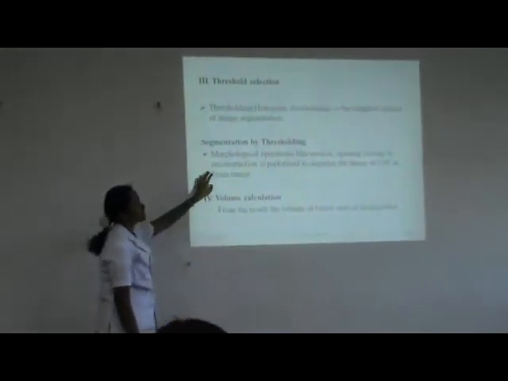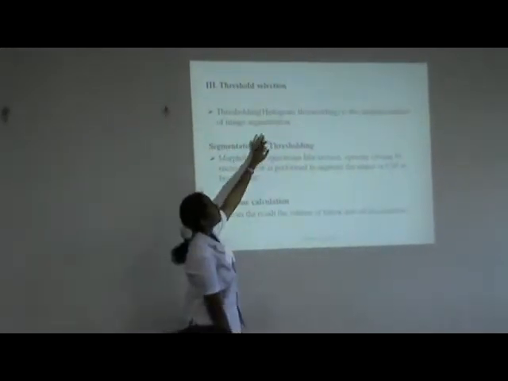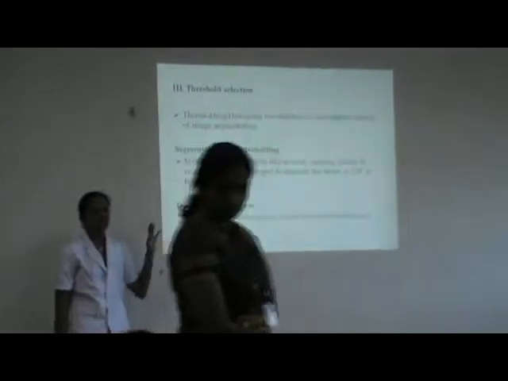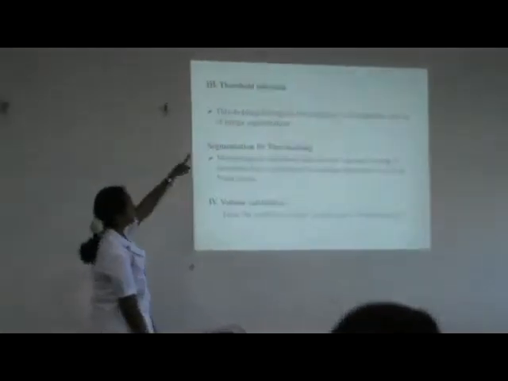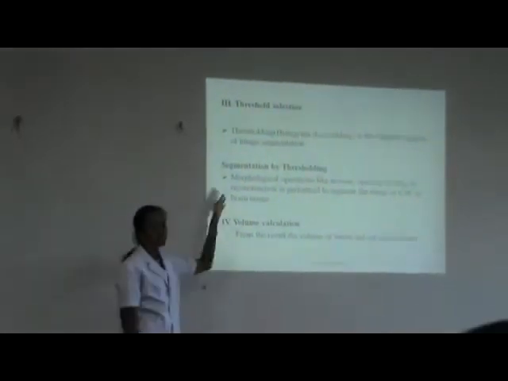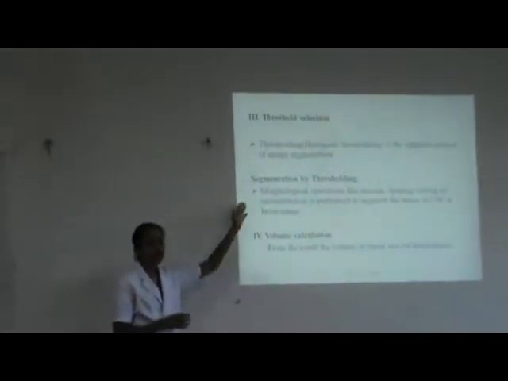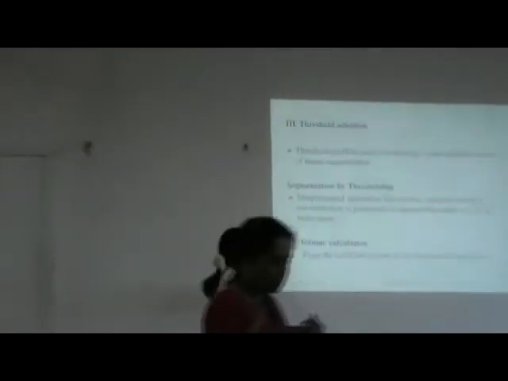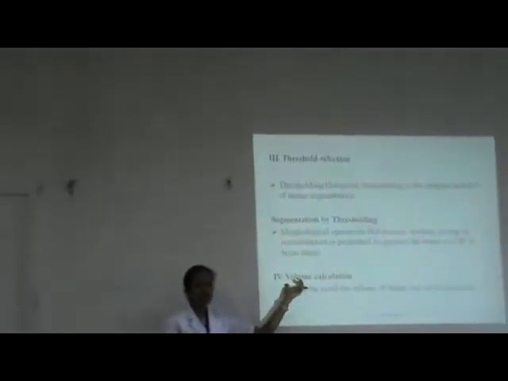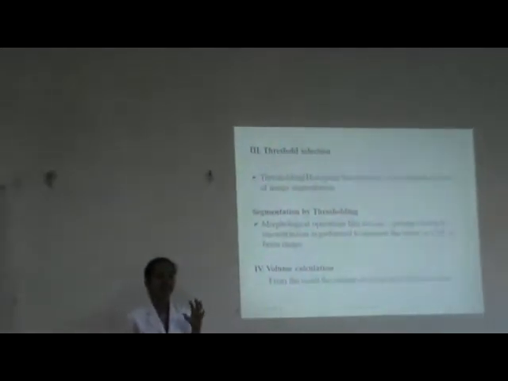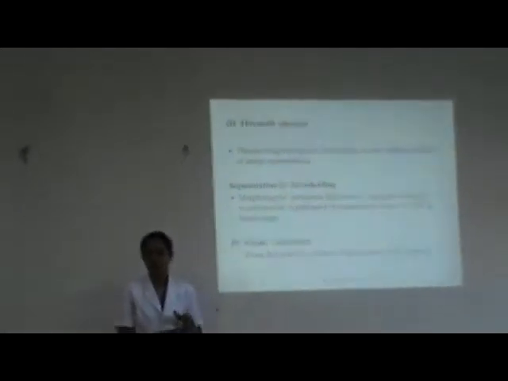And threshold selection, as I said before, we'll go for histogram calculation. Differentiating those peak values in the left lobe and right lobe, we'll set the threshold values. Depending upon that value, we're going to segment the image of the CSF. And finally, we'll calculate the volume. Depending on this volume calculation, it will say how far the area is being affected by tumor or hydrocephalus.